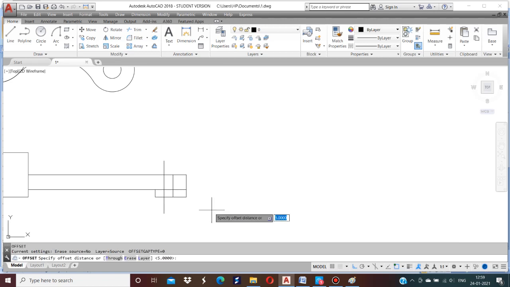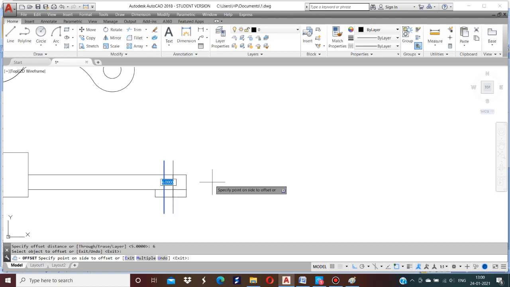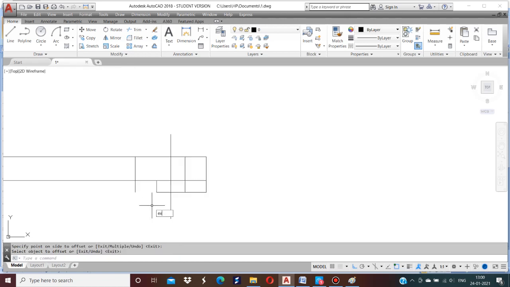Offset 6 mm. Offset 30. Okay, then extend this line. Select object, extend this line.